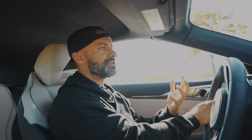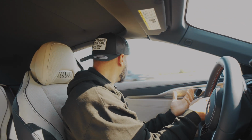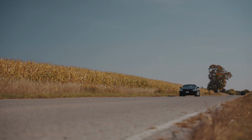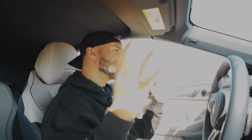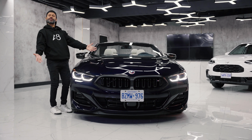But the suspension is not overly comfortable like I'm driving something ultra luxurious, which is kind of why people would buy an 8 Series, right? You feel these bumps on the road. Should I be feeling these bumps on the road? I would think no. But then again, it's an M Sport, so